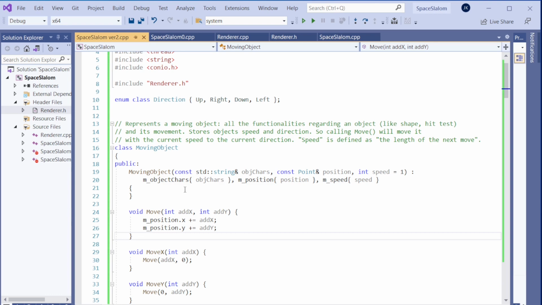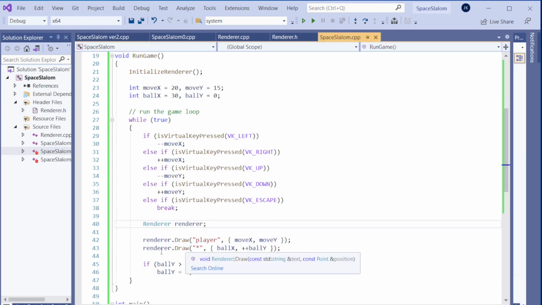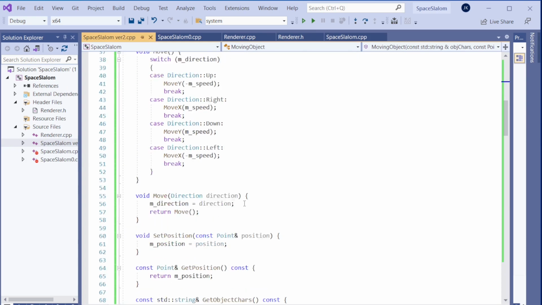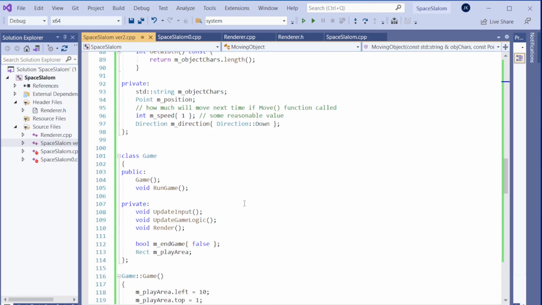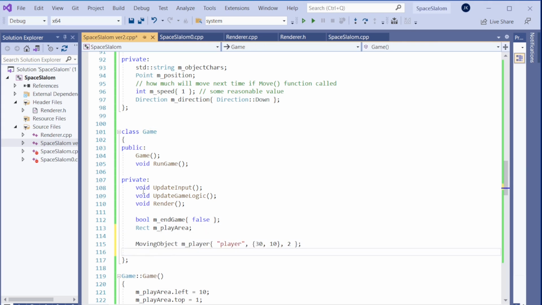So in the first version, we're gonna have the player, and we're gonna have the ball. Maybe let's do the same thing we did here first, that we just have the ball, or maybe I call it chunk this time. We have one chunk falling from the sky, and so the moving objects are gonna go into the game. Let's go to the game, and let's create first the player. Put it in a private section. So I'm gonna call it player, and